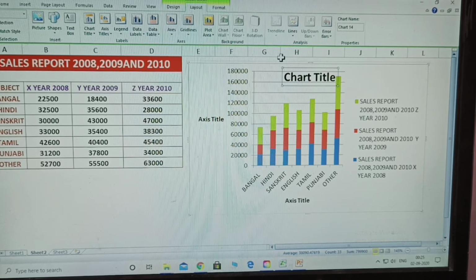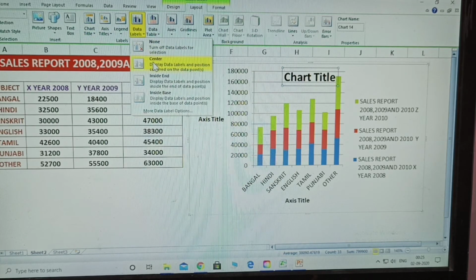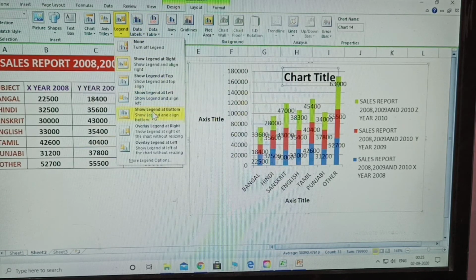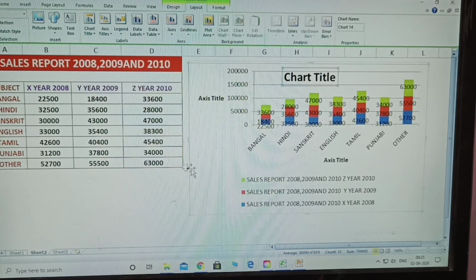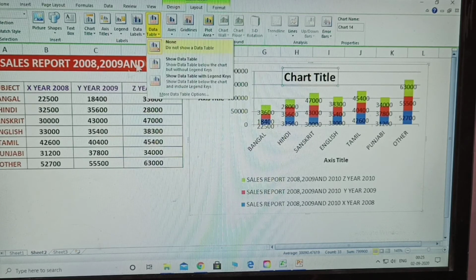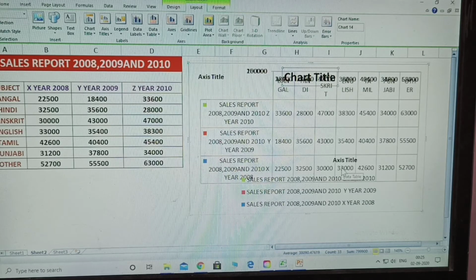Okay, any data, 3D or 2D, what is that? You select the layout menu, and there you select the axis title, chart title and data labels also. Data labels are also selected. Next, legend at the bottom. Legends can also be at the bottom, or on the right side. Legends here mean year wise. The legend keys are also year wise; how to improve on that with subject.